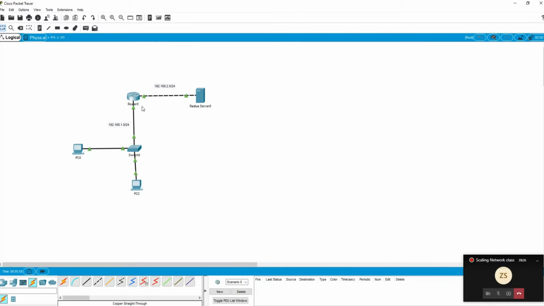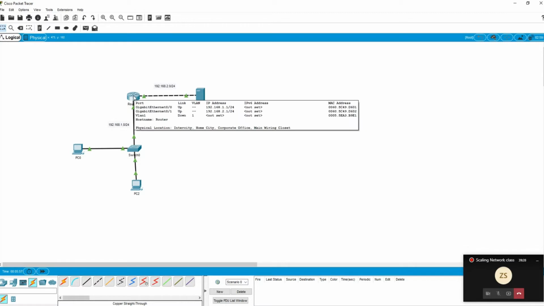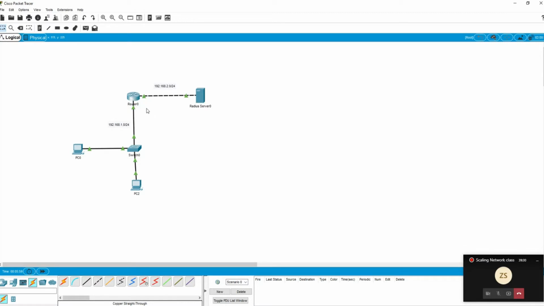Now, first of all, this Router 1 will distribute the IP addresses to these clients. Suppose we have 100 clients. We cannot assign the IP addresses individually.